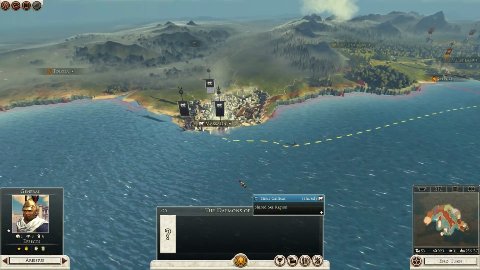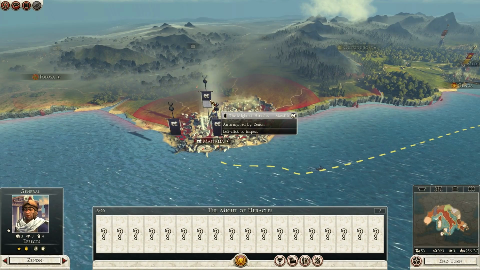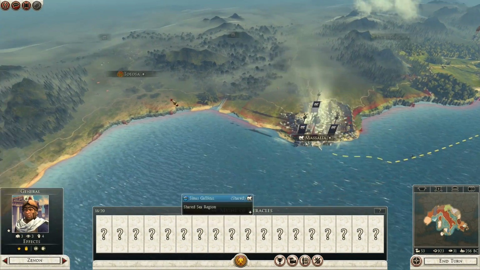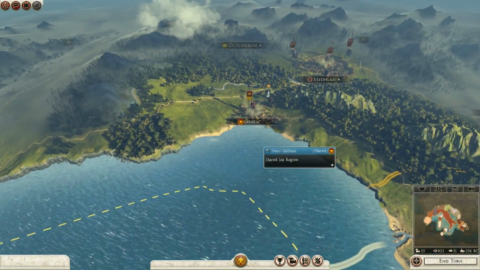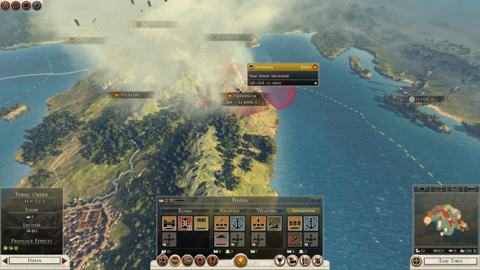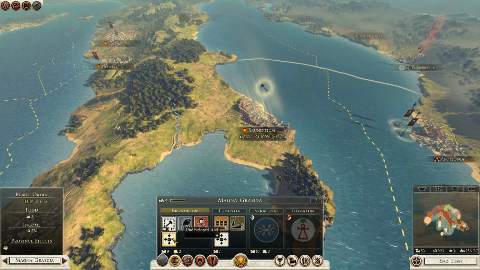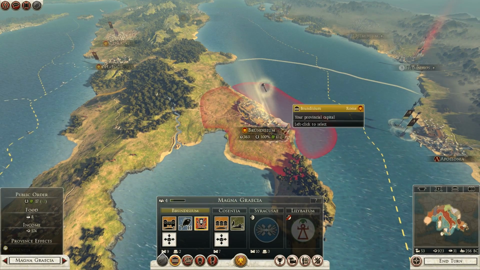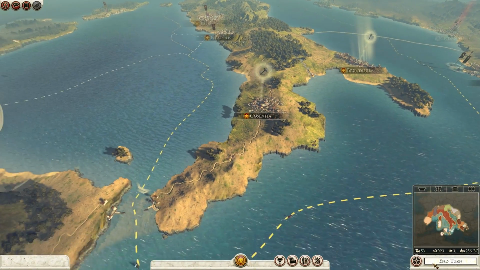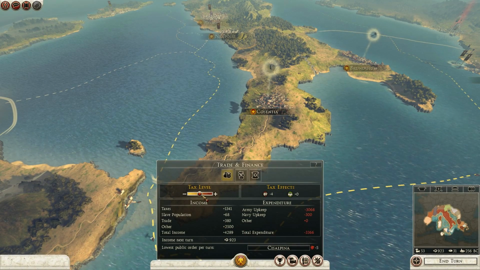My good friend, this is Massalaya, the Might of Hercules. What sort of units they control? Probably sort of standard Greek, Mediterranean units. But everything seems fine here. We can expand the city in various places, but I need to save up my funds and stimulate the economy. Trade and finance. Let's whack that up one now